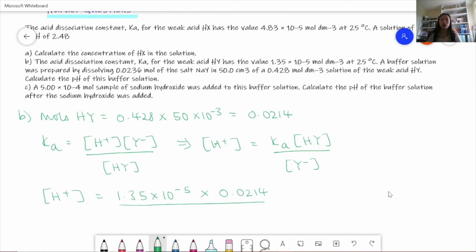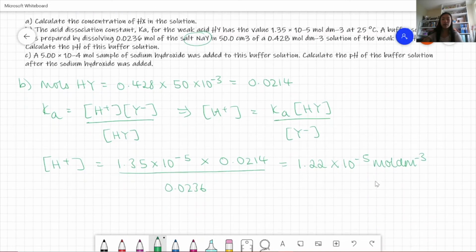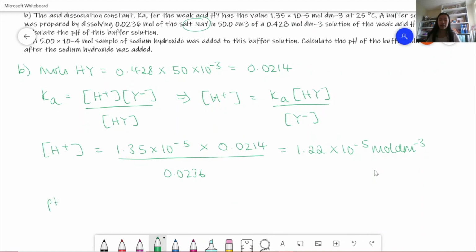And then this is all over the 0.0236 because the Y minus comes from the salt, NaY. And then this gives us 1.22 times 10 to the minus 5 moles per decimeters cubed. And then we use the pH formula that we have. So pH is equal to minus log to the base 10 of concentration of H plus ions, which is equal to minus log to the base 10 of 1.22 times 10 to the minus 5, which is equal to